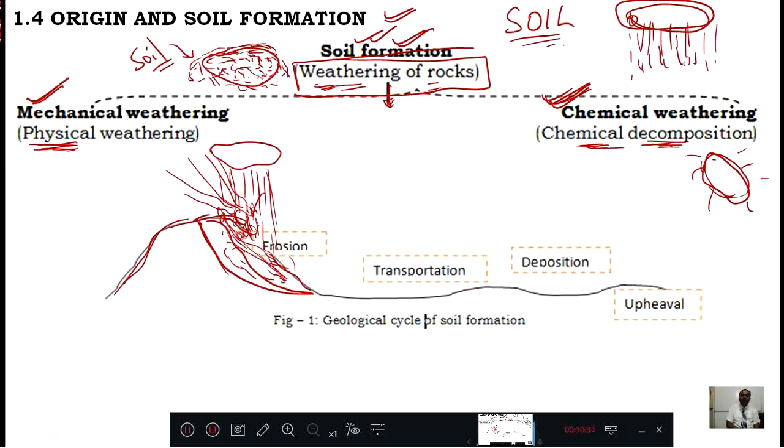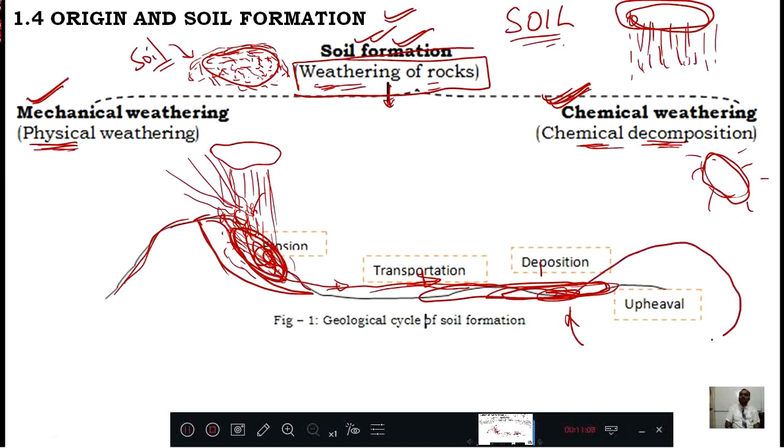And that powder, because of rain, wind, man, temperature, or root actions, all this disintegrated part will start transporting. Some part will remain here only, and some part of the powder will be transported. It will deposit again somewhere. When it deposits here and there, and again takes billions of years, it becomes one rock again. That we already know, sedimentary rocks and such rocks, or otherwise it may become a rock again. This is called upheaval.